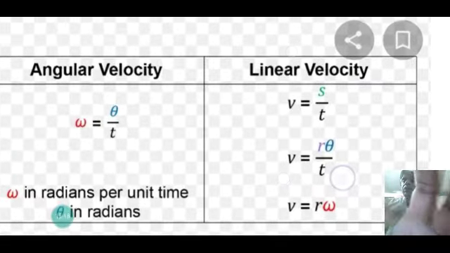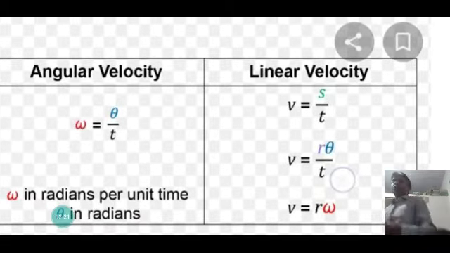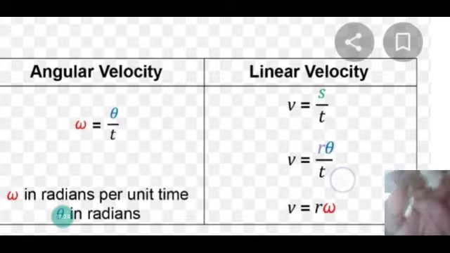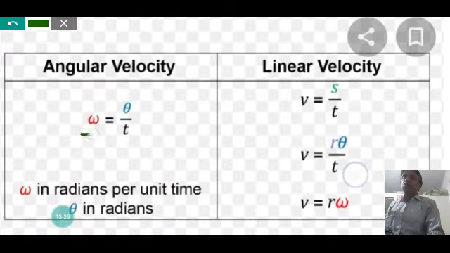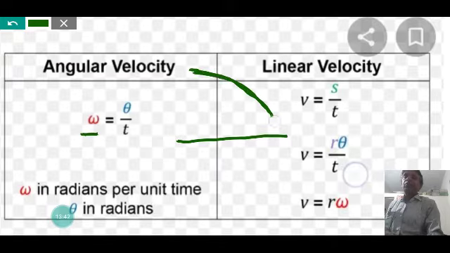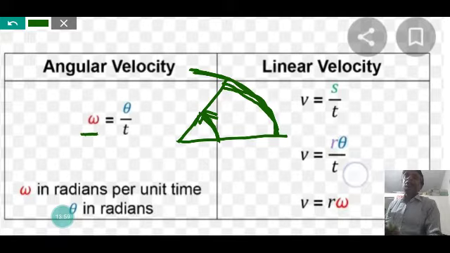Now, what are angular velocity and linear velocity, and what is the correlation between them? That will be expressed in this slide. Here is the symbol called omega. Omega is used to denote angular velocity. Angular velocity is the rate of the angle subtended by a moving object at the center. The angle is measured in theta, and the rate of subtending angle by a moving object is known as angular velocity. And linear velocity is the distance covered by an object per unit time.